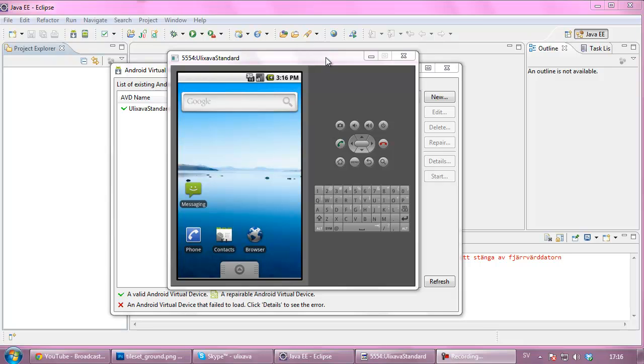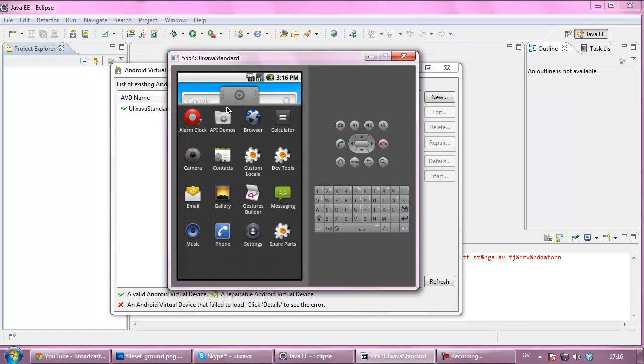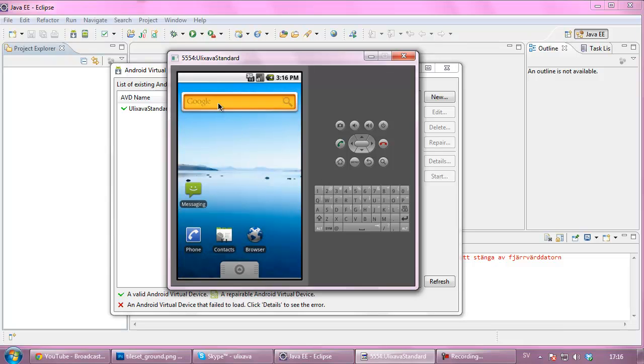And in this episode, we're going to develop our first application in Android ever. Now, in the last tutorial, we started up this emulator, the Ulixava standard, and it's just like a normal Android phone or Android device. You got your applications here in the menu, you got the Google search, everything should work, and